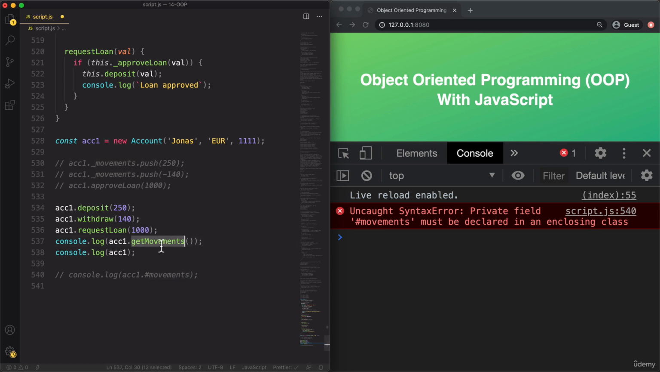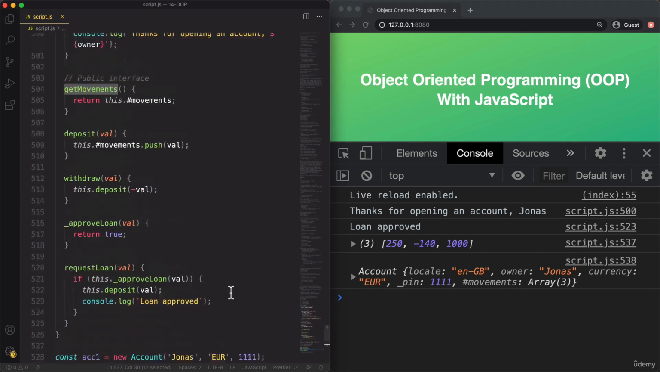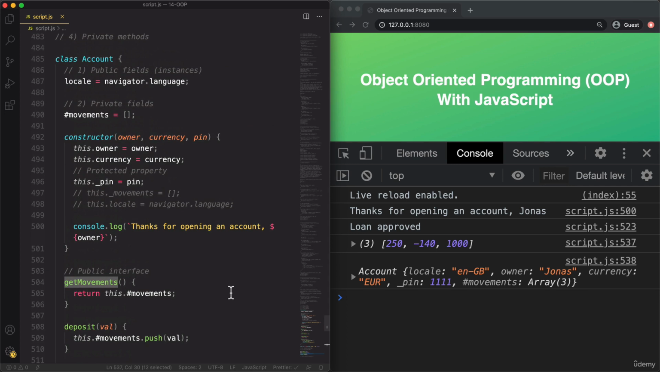We do still have, of course, this method here in our public API. And so this one we can still use to get the movements. So that's right here. And that was indeed the whole point of creating this method in the first place in the last lecture. Now the next candidate to make private is this pin. So in the last lecture we protected it, but now just like the movements, we want to convert it to